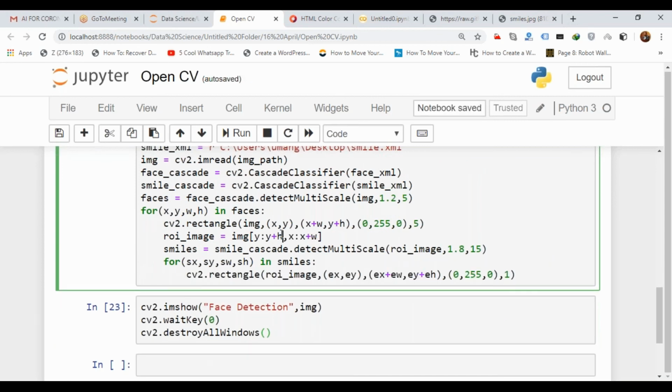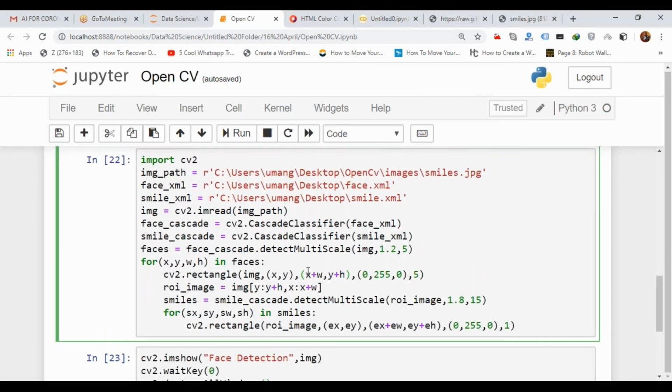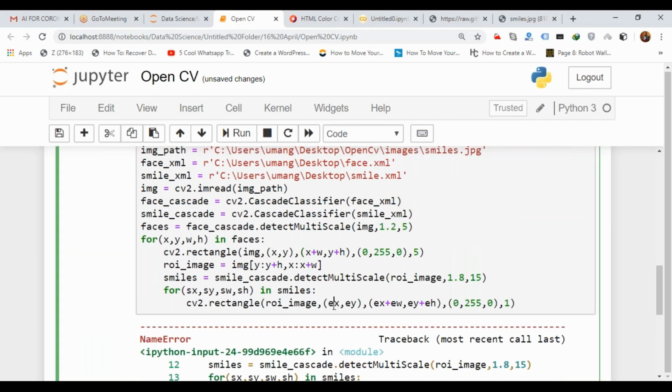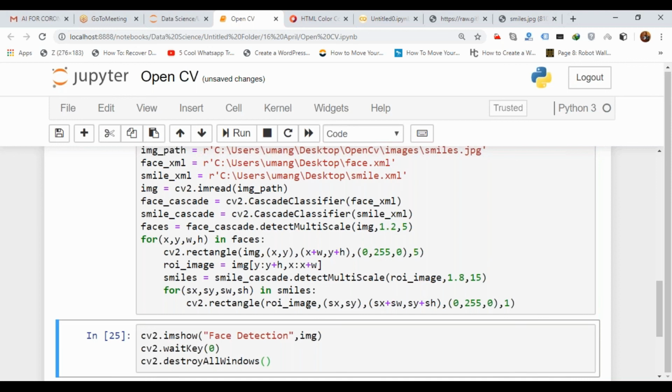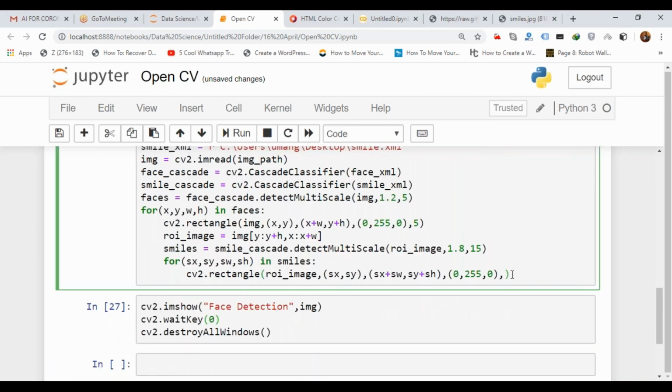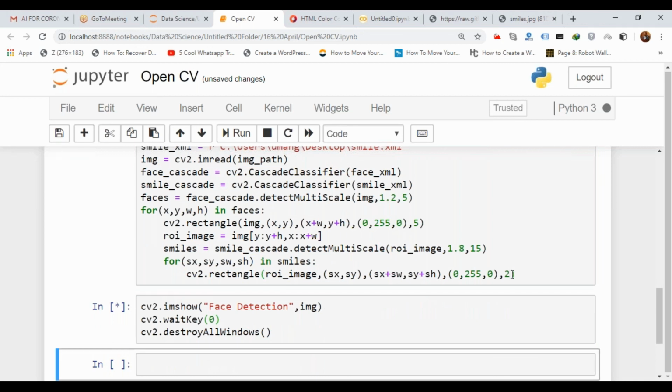Yeah, now it's okay. So that's all we have to do. Now if I execute this, yeah, it's executed. Now if I display the window, the width is very little, so I will take it as 2. Now I'll save the window.